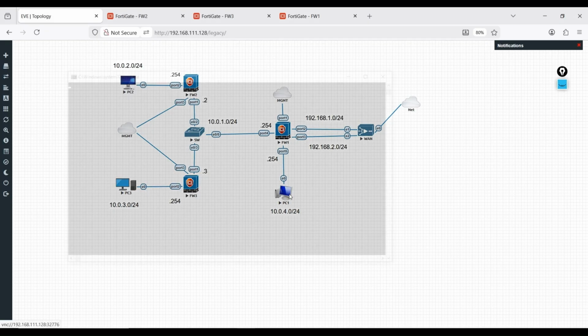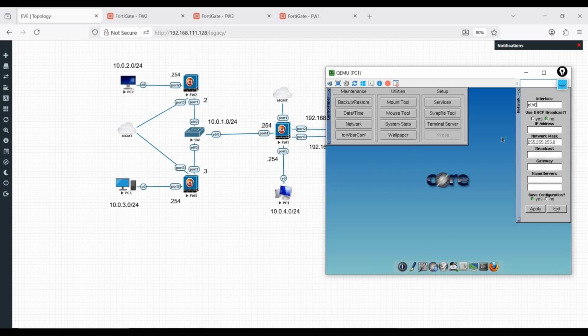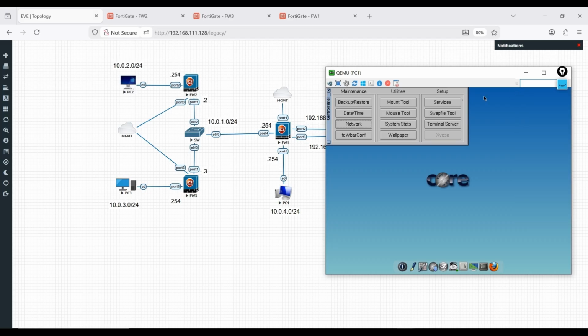Now let's try with PC4. Go to the control panel, network, and we don't have an IP here, so let me configure it: 10.0.4.1, with the subnet mask and gateway, and let me put name server 8.8.8.8 or 1.1.1.1, apply. Here we go.